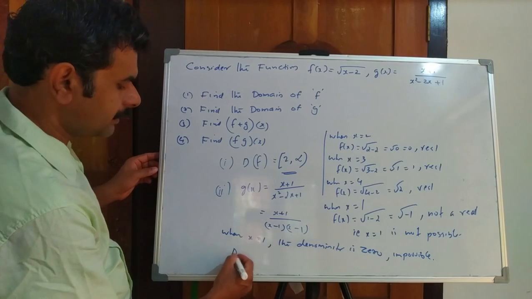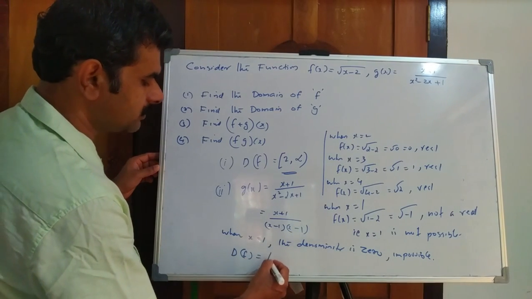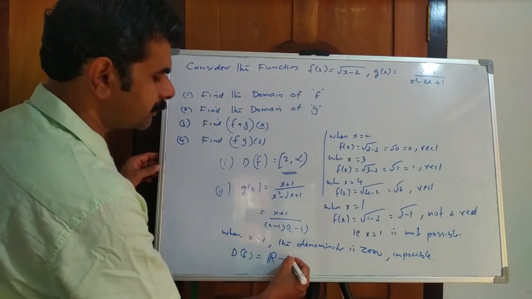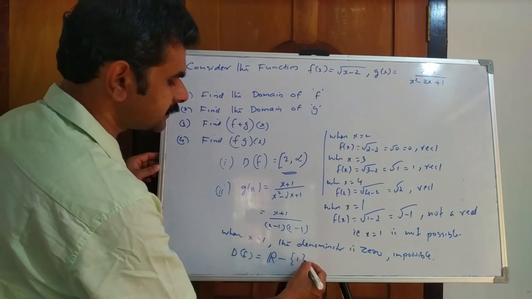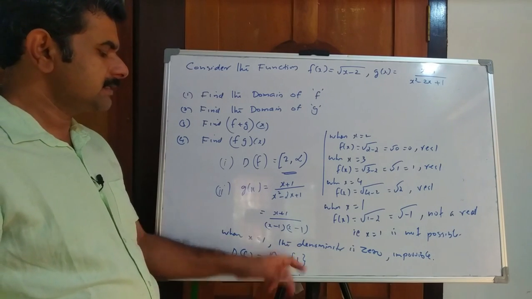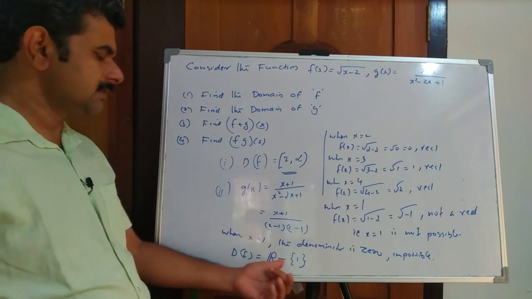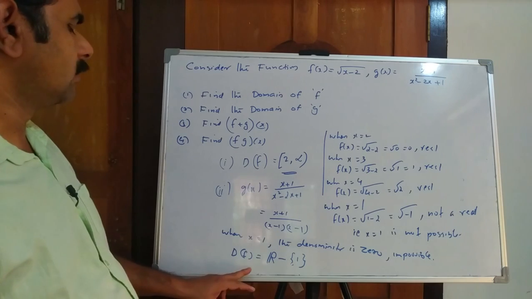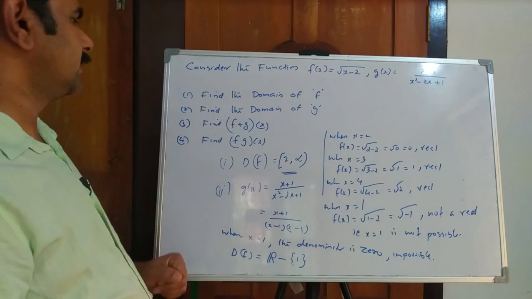So what will be the domain? Domain of f is equal to the set of all real numbers other than 1, only 1. That is, R minus the set {1}, or the set of real numbers minus {1}. That is the domain of f. Then the third one,